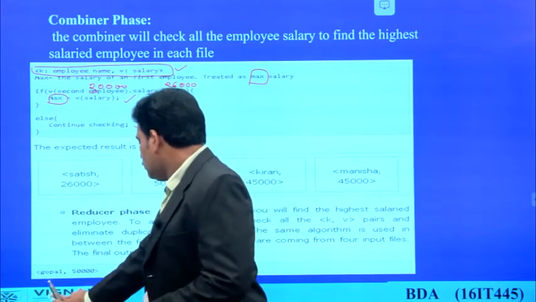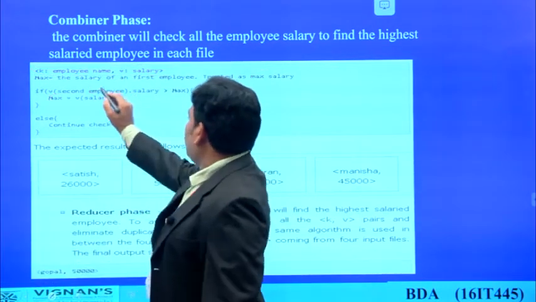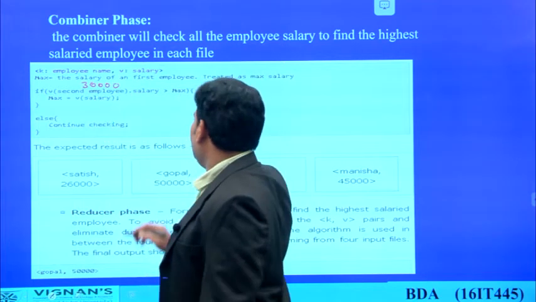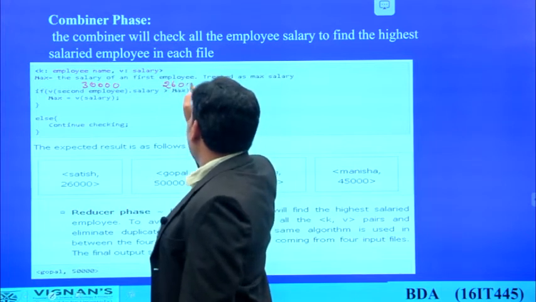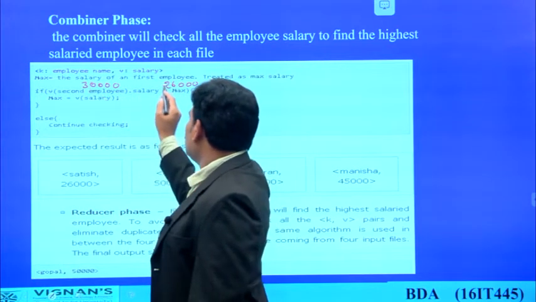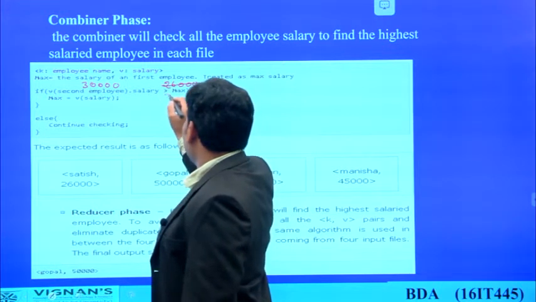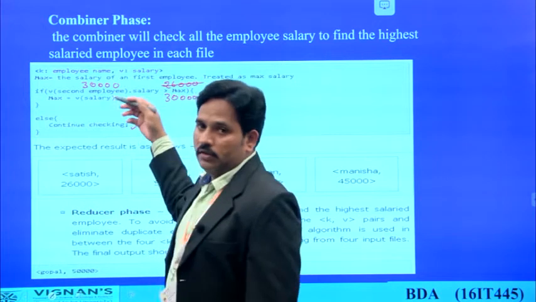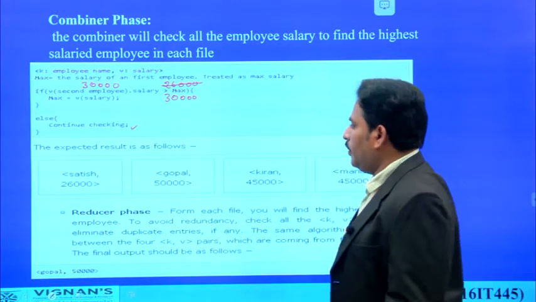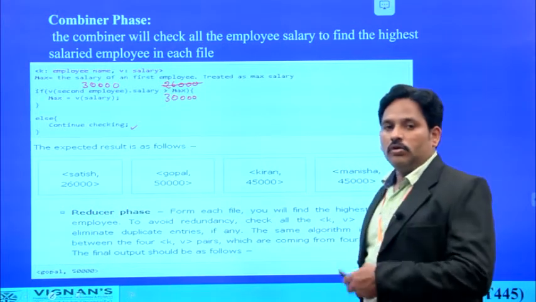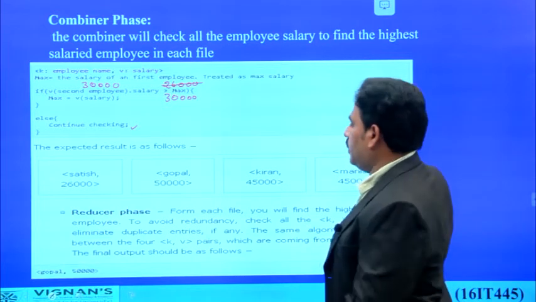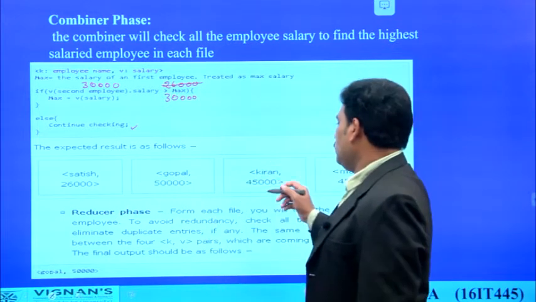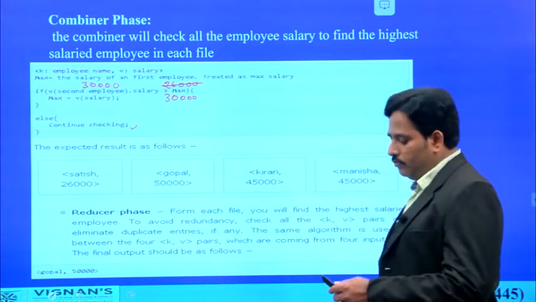In this case, after applying this, the third employee's salary is 30,000 and 26,000 is the default value. When the condition is true, this 26,000 is going to be replaced with 30,000, and it will continue checking. That means it will go for the next iteration. In this manner, it will compare all the values of the employee table. Now, this is the expected result as per the given aspect. Initially it is 26,000, and it is going to be compared with each and every block value.